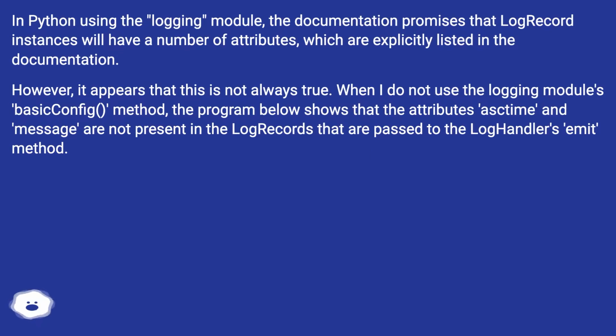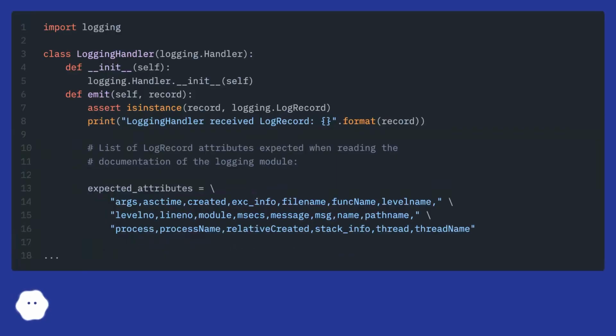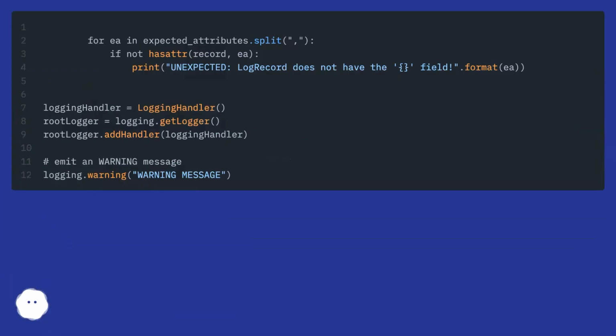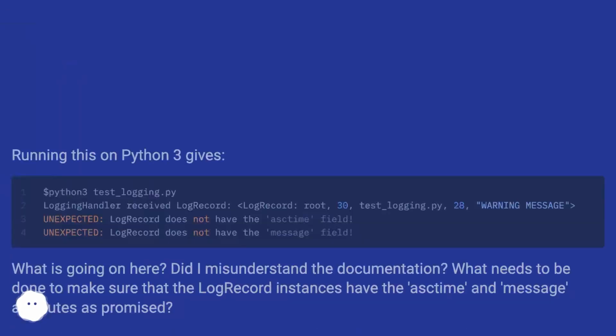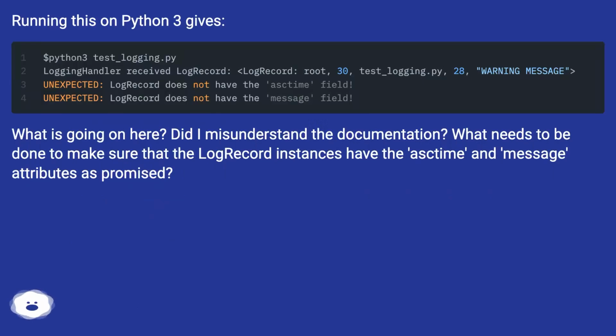When I do not use the logging module's basicConfig method, the program below shows that the attributes asctime and message are not present in the LogRecords that are passed to the log handler's emit method. Running this on Python 3 gives